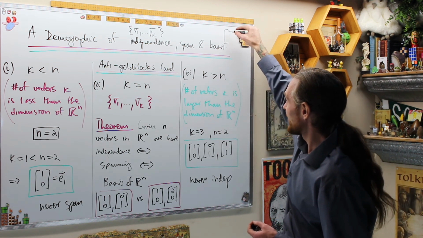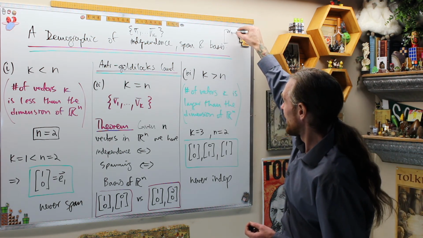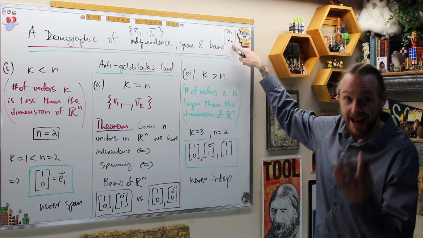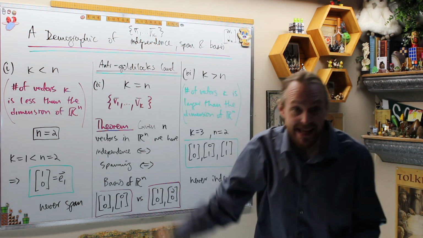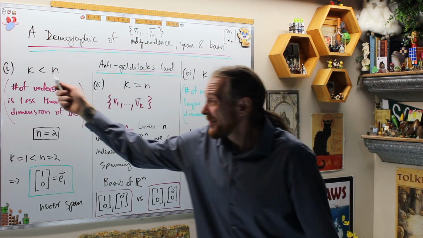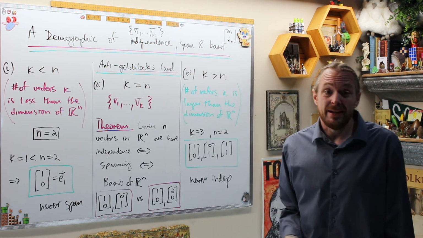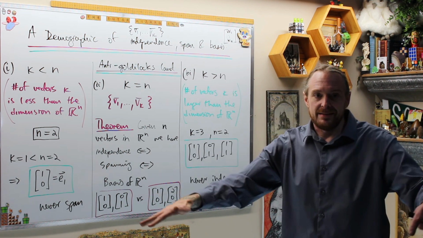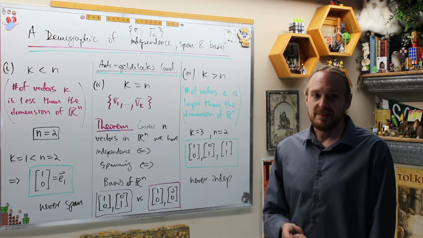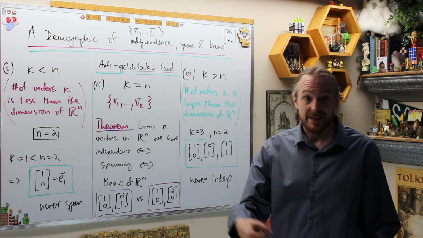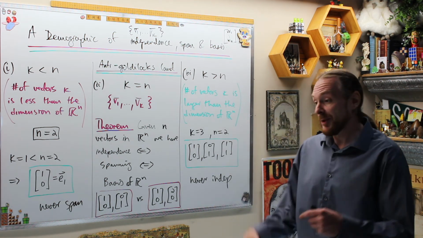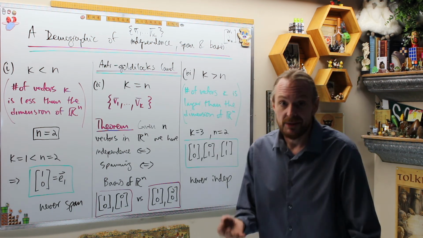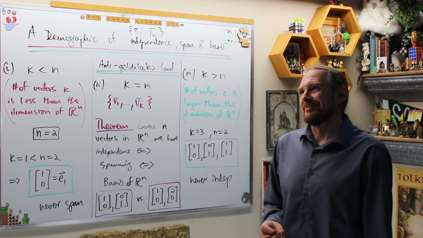So each of those vectors is going to have n coordinates. That tells me that I'm in Rn. The number I have is just the number k, the number of vectors I'm given. So if I'm given less vectors than the dimension I'm in, they can never span all of that space. And because they can never span all of that space, I need a basis to be independent and span. And because one of the conditions has already failed, if I'm looking for mammals, and mammals are warm-blooded and produce milk and give internal gestation and have hair,